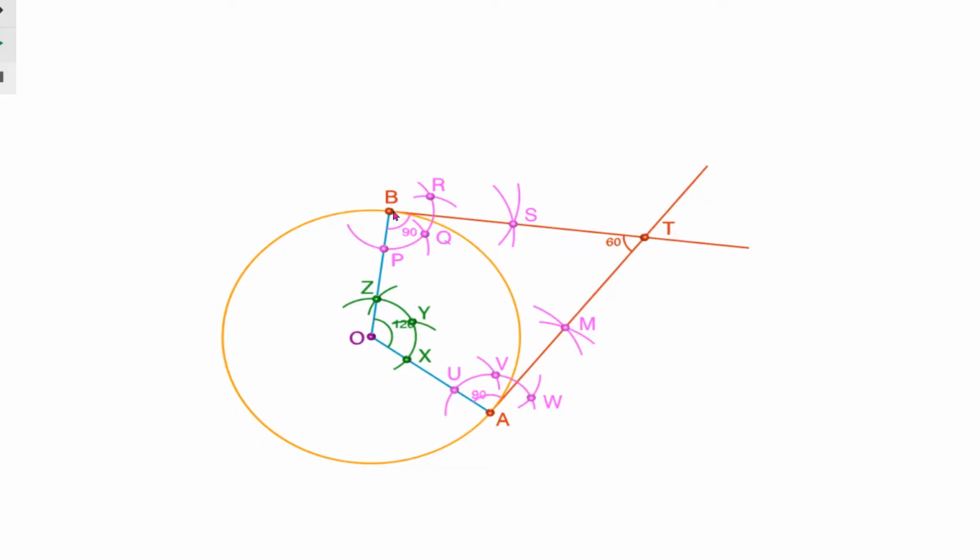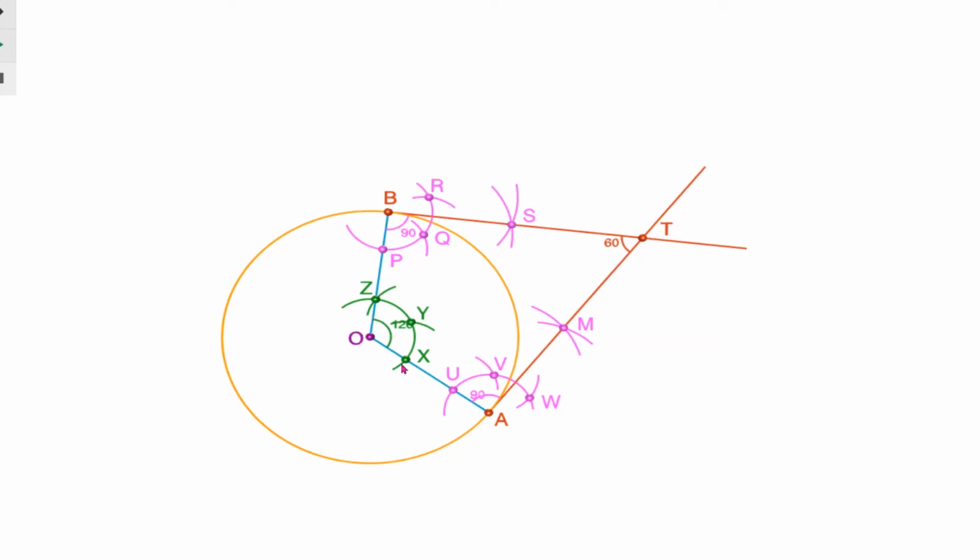Here we are going to draw a pair of tangents to a circle which are inclined to each other at an angle of 60 degrees. So see here, BT and AT are two tangents to the circle with this point T, and both tangents are inclined to each other at 60 degrees. Now see here with this figure,